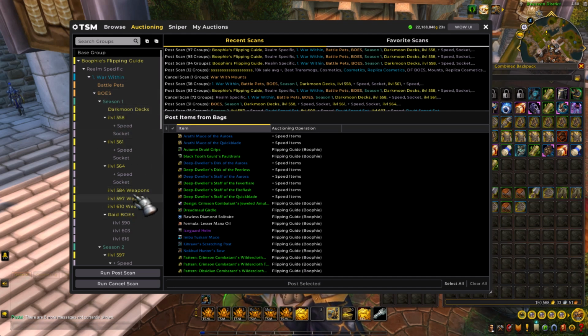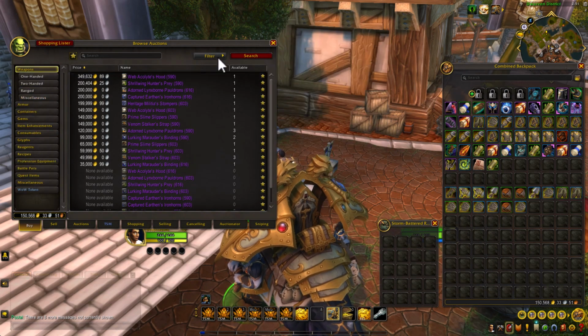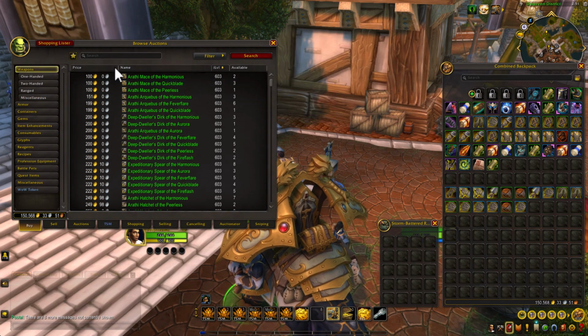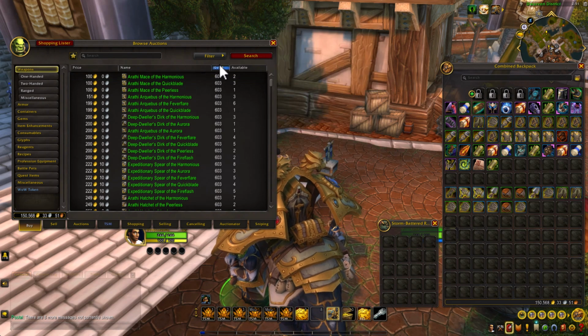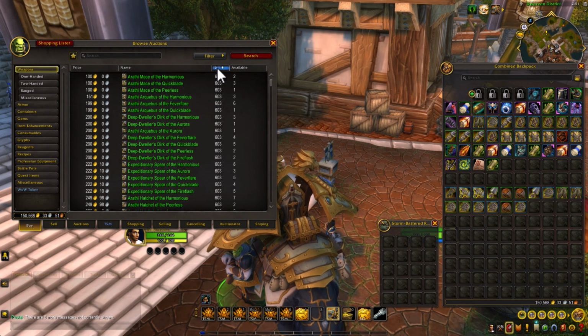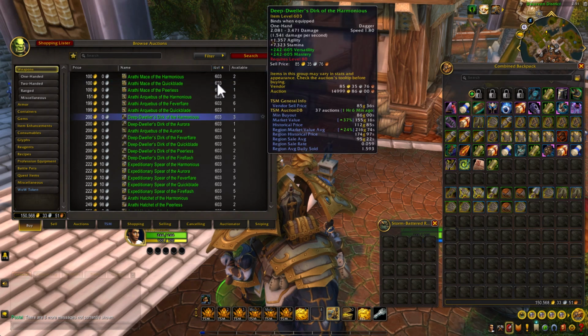I just added these items that you could get in season 1 because this group right here, where it says item level 610 weapons, these are still actually the highest item level weapons you can get on the auction house that are BOE. So these can actually be alright items to flip. I would stay away from these two right here, but this one with the highest item level is definitely a good option. For an example, let's go into weapons here and let's sort this from the highest item level. So for an example, there is none even on this realm at that item level.